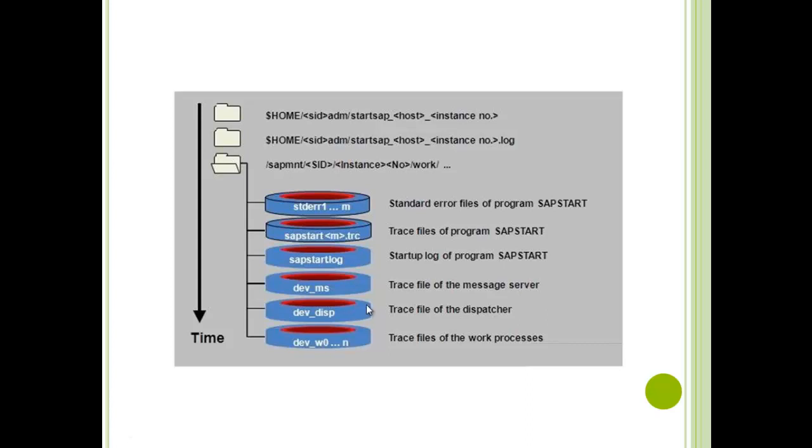We know now that in a work process, if you enable the trace, we need to look into the work process trace file. When we go to SM50, that's what we have seen. When you enable it there, you need to go to the specific work process trace file and check it there. The other ones, like when you open a trace, you can see it will refer